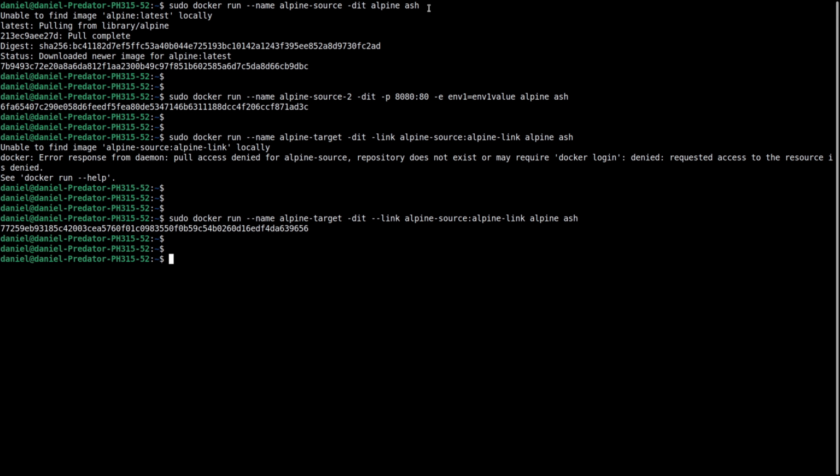So the object here is to transfer that data from the source to the target. So that's why those environment variables are created at the target site. And how can we see if those variables have been created at the target container? Well, in this case, we can use sudo docker attach open target, the open target container,